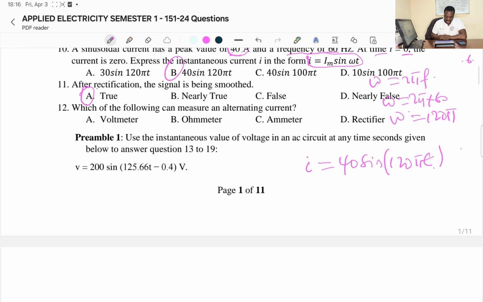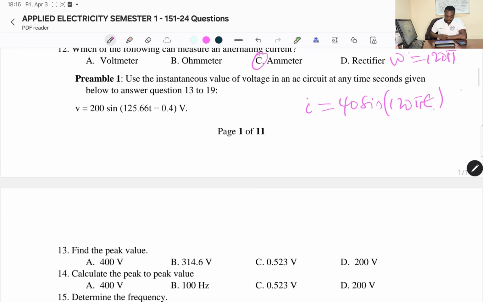Which of the following can measure an alternating current? So when we are dealing with current, to measure current, we need an ammeter, right? So here, since this is about current, we can use an ammeter. So the answer here is C. Now we go to question